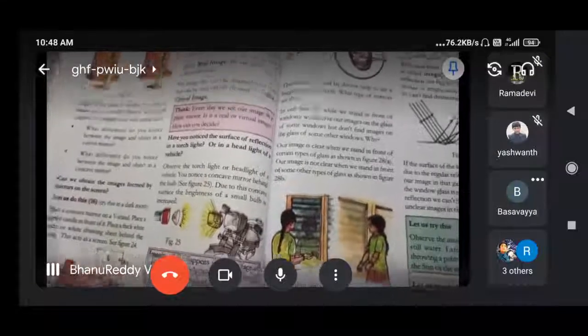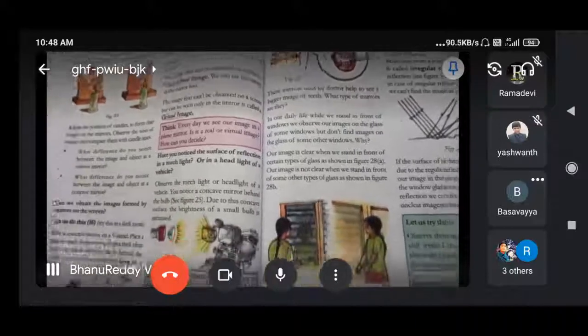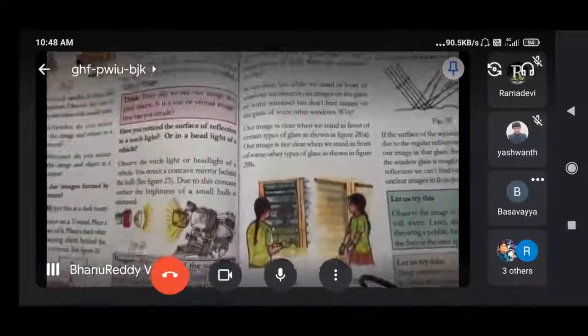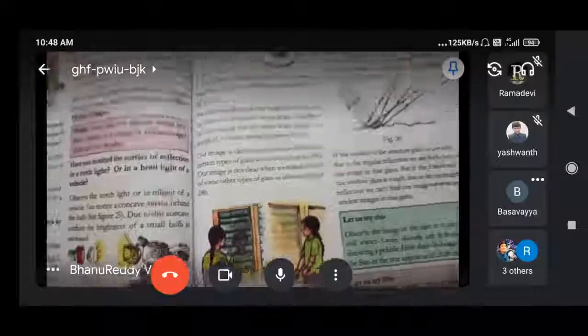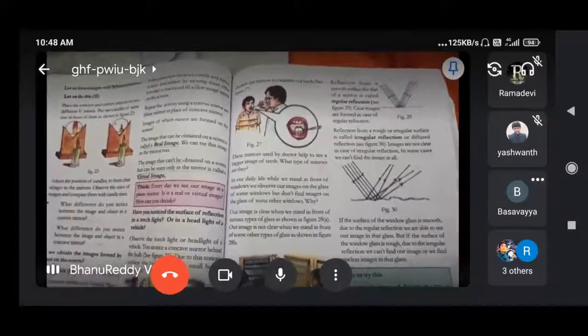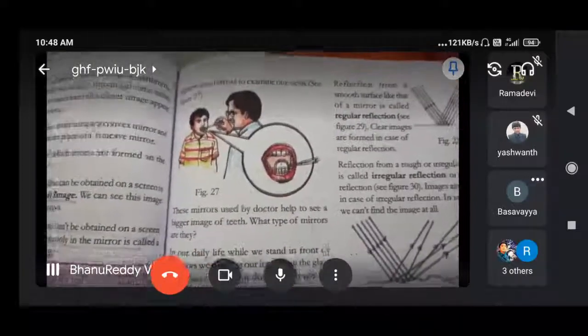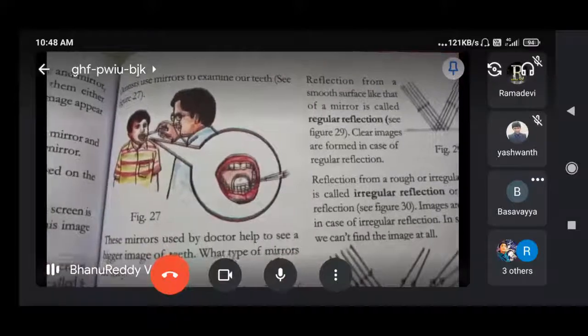Certain glasses give images and certain don't give an image. కొన్ని అసలు image form చేయవు. What is the difference we have to understand here? Why are certain glasses not giving images, according to the surface? Reflection from smooth surfaces is more. Yes, smooth surfaces give reflection much better.